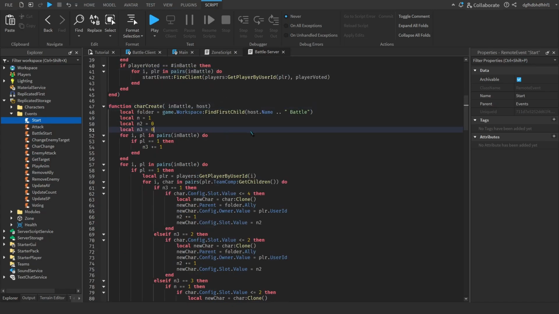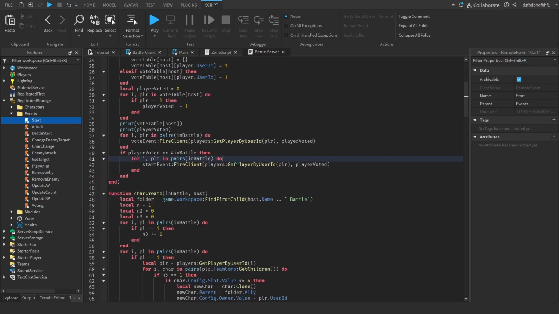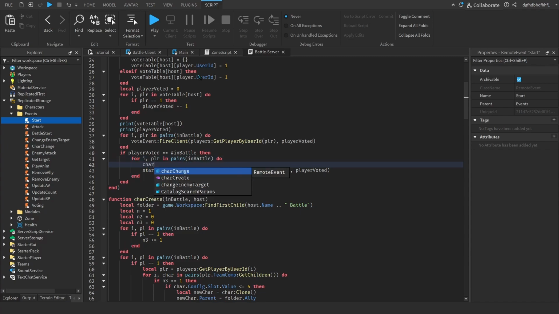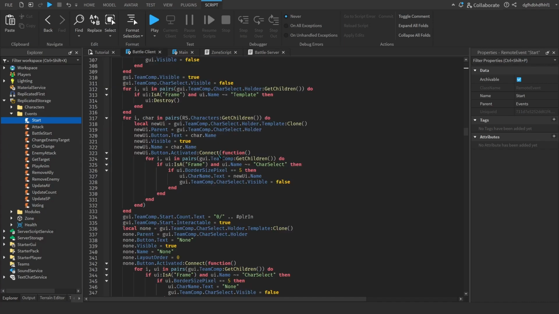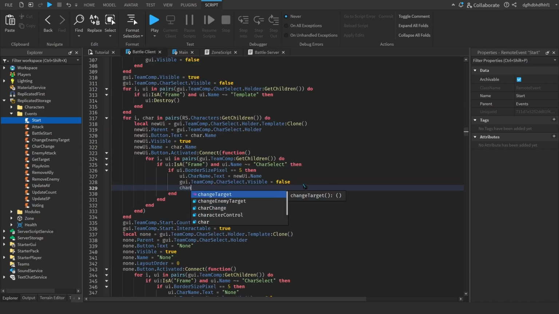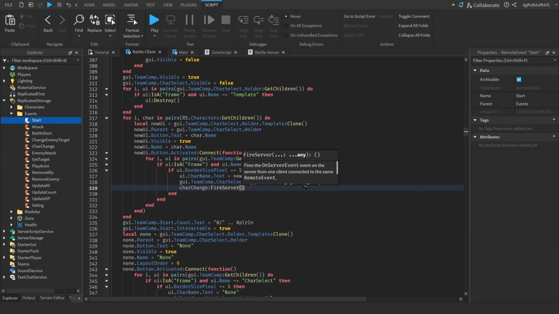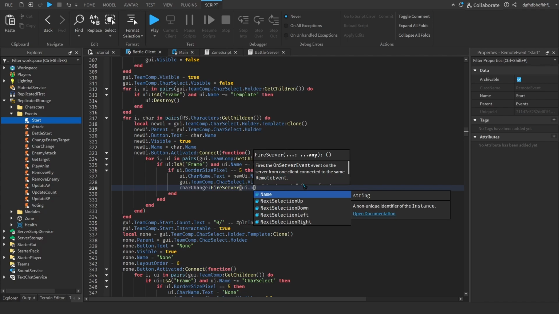Okay, so the player isn't necessary, and I'm gonna call that function here, character create in battle and host, right? So probably in here, then I'm gonna call the character change file server UI dot name